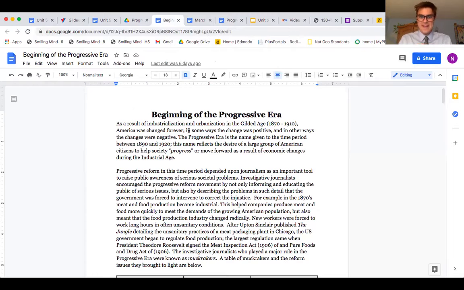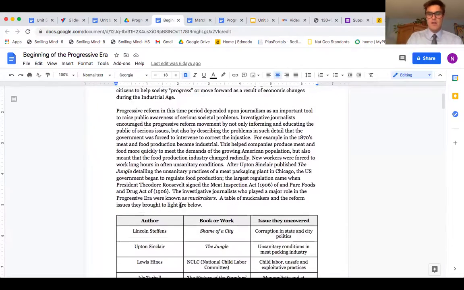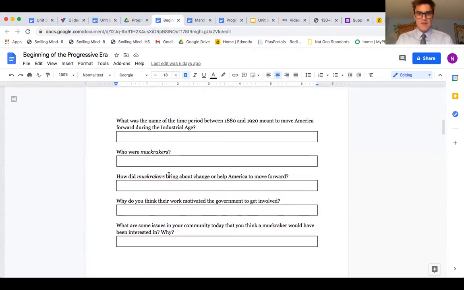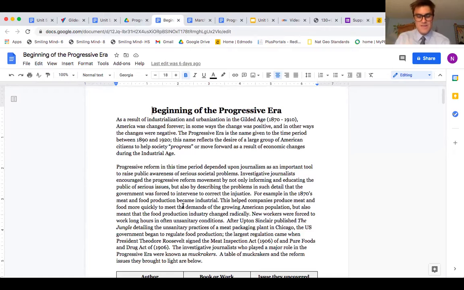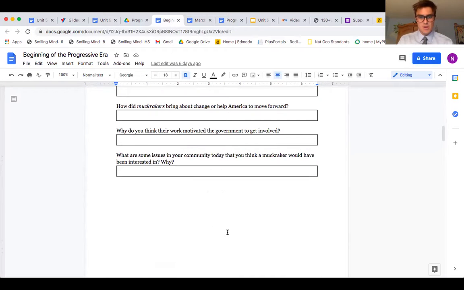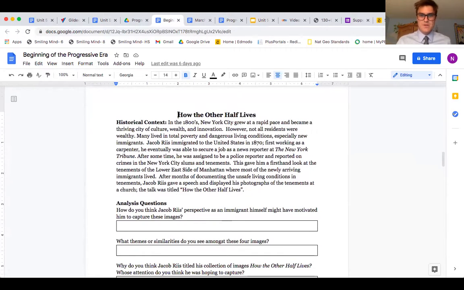Okay, so currently on Edmodo is this document called The Beginning of the Progressive Era. In it, I want you all to read these first two paragraphs out loud with each other. They are going to provide more information on the Progressive Era. Then, these questions right here are going to be quick analysis questions on this written area. So read this out loud together and then answer these questions to come to a stronger understanding of the Progressive Era.